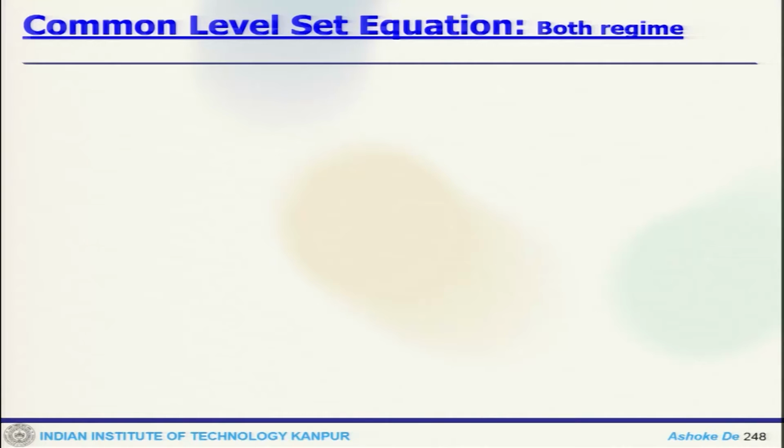Welcome back. So we are in the middle of the discussion of this G equation or level set based approach, where we have already looked at the G equation for the corrugated flamelet regime, and also we have seen how G equation actually differs when you go to thin reaction zone regime. Now we would like to see how you can combine these two and come up with one equation which will be applicable to both the regimes. So we will normalize the G equation